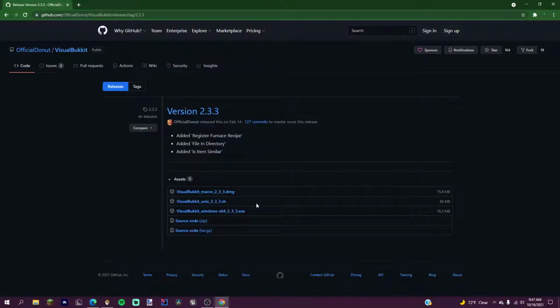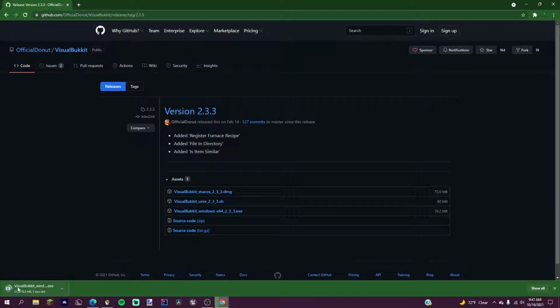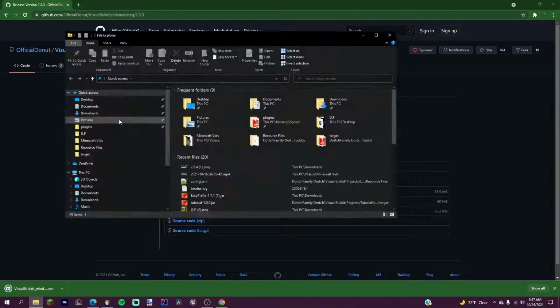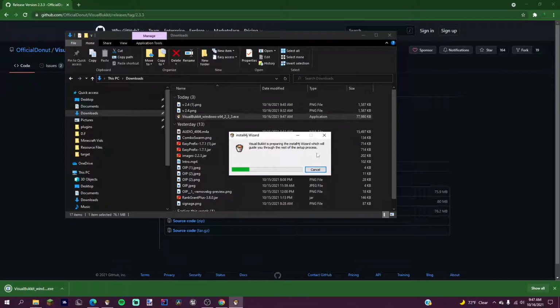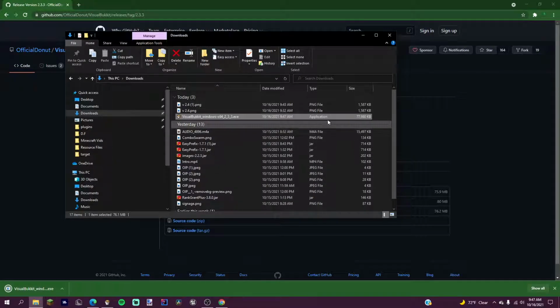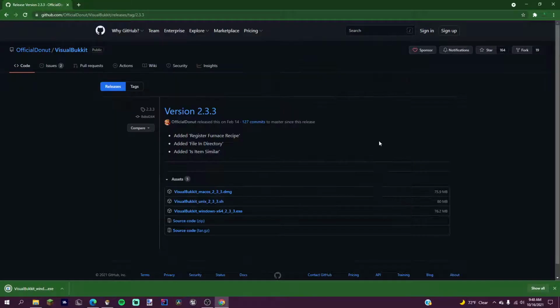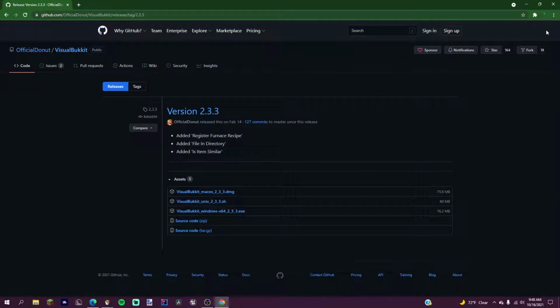So we come here, we download it. So let's download the file. And you'll see in a second, it'll make a little pop-up. It might not say it here, but it says that on Edge. If we go here, we execute the file. Give it a second. Cancel. Because I already have Visual Bukkit and I don't want to ruin it. So after we've installed Visual Bukkit,